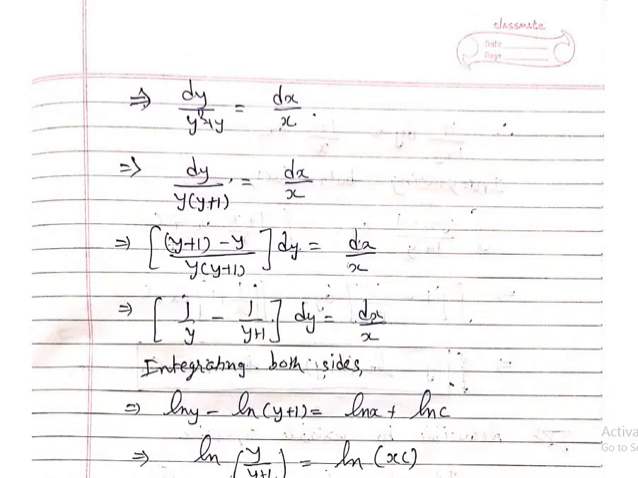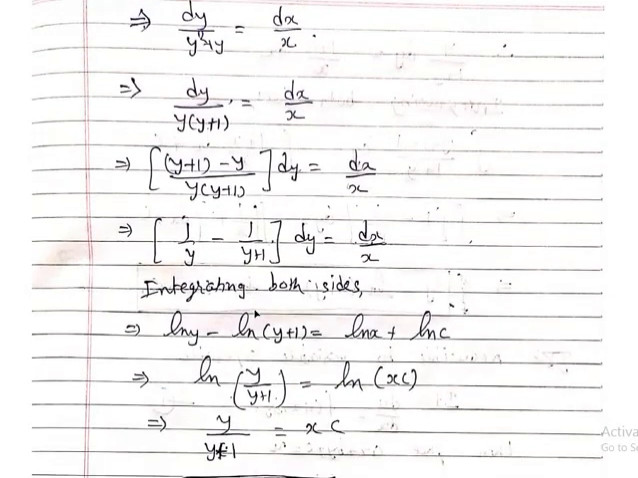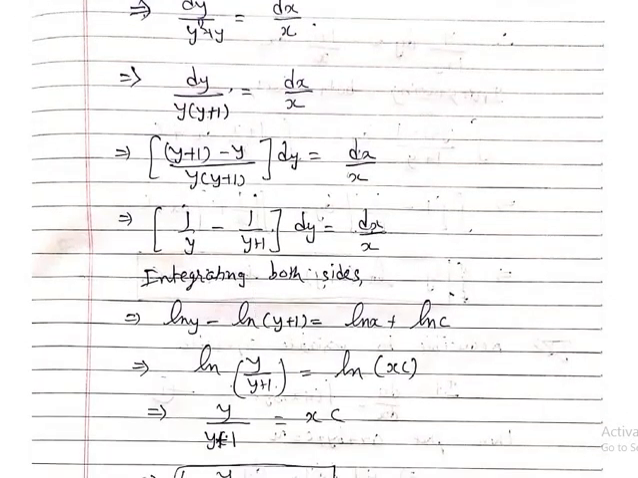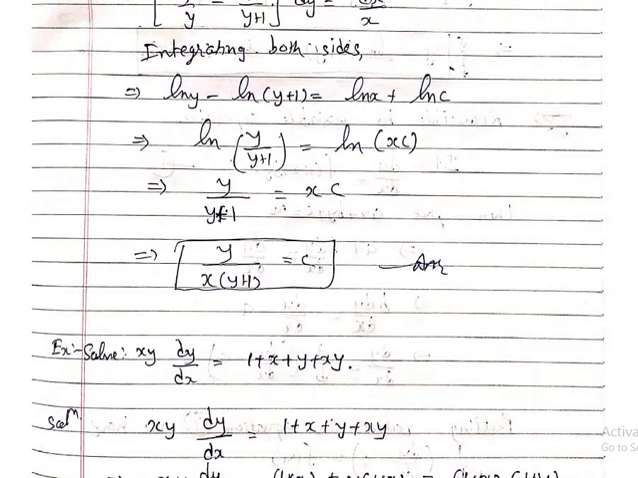So separating the terms, y plus 1 upon y into y plus 1. So y plus 1 will be cancelled out, and you will have 1 upon y, minus y upon y into y plus 1. That will give you 1 upon y plus 1 is equal to dx upon x. And now you can integrate both sides. So integrating both sides, 1 upon y has integration log y, 1 upon y plus 1 has integration log y plus 1, 1 upon x has integration